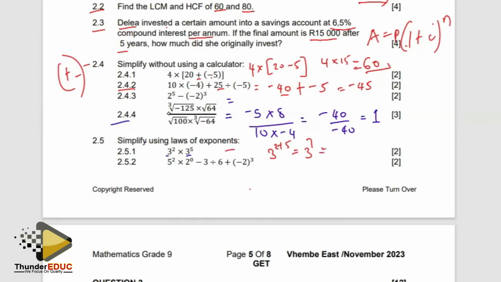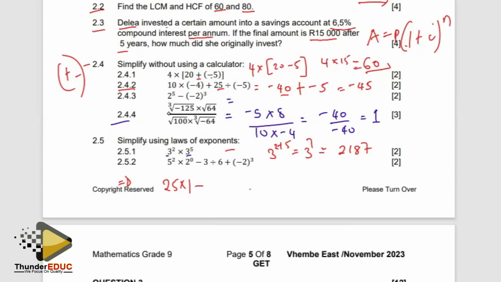You can simplify this if you want, but I would prefer to leave my answer just like that. If you simplify, you should have 2187. Then 2.5.2, we know that 5 squared is 25 times any number to the exponent of 0 is always a 1